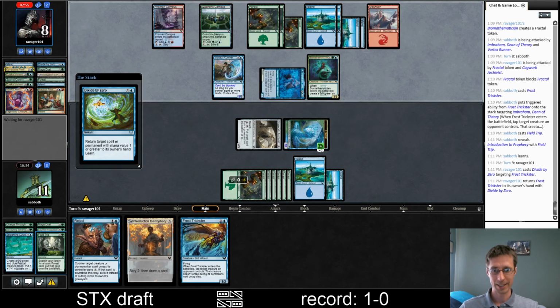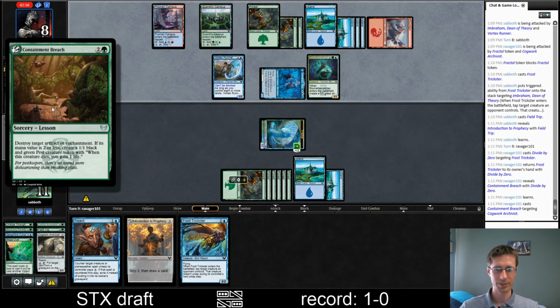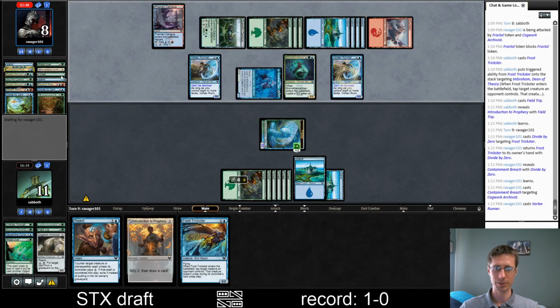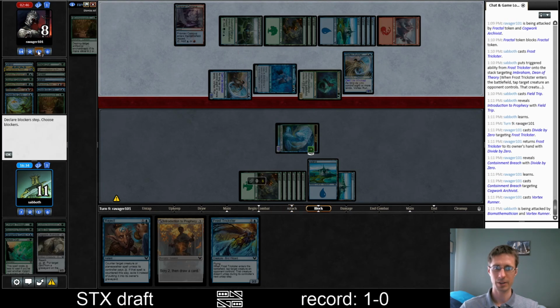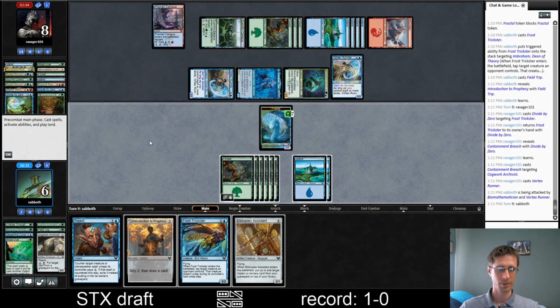Divide by 0 again. That's on our 2/2. Putting it back in our hand seems weak. Containment Breach is strong. Didn't realize they got that. Oh, they got it with Divide by 0. Put us at 6. I still have a 7/7. I think we're going to...